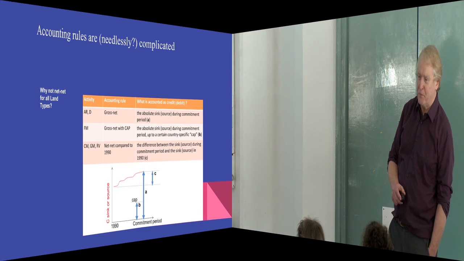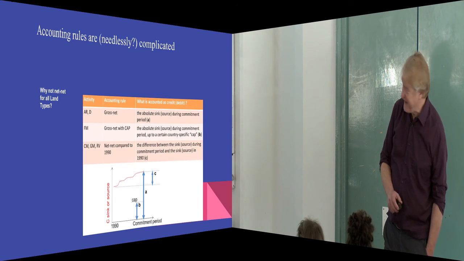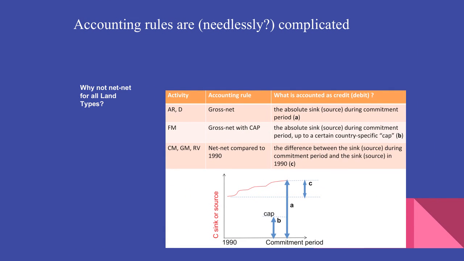there are many complexities in the way that these calculations are done. That's explaining the difference between gross net accounting, doing gross net accounting with a cap, and net accounting. Okay, some of that is explained on the slide if you want to see it. But the overall message there is that it's much more complicated than it needs to be, and it would be much better if you looked at the net emissions in the base year, compared those with the net emissions in the year that you're looking at, and all land uses were compared using the same systems. Unfortunately, we've got ourselves into this position that forestry is calculated differently to everything else, and vested interests want to